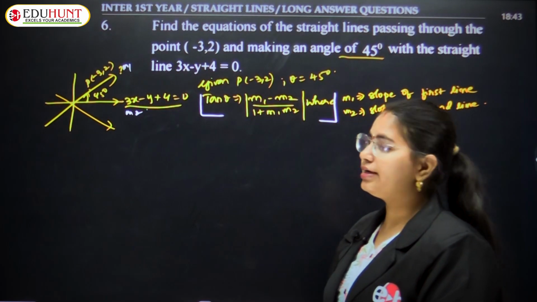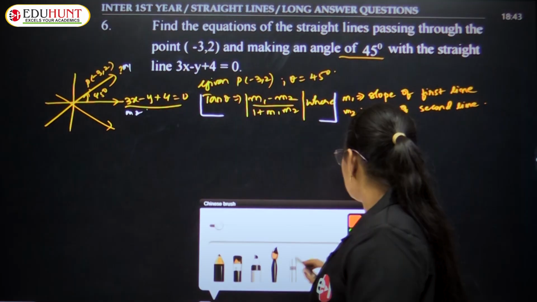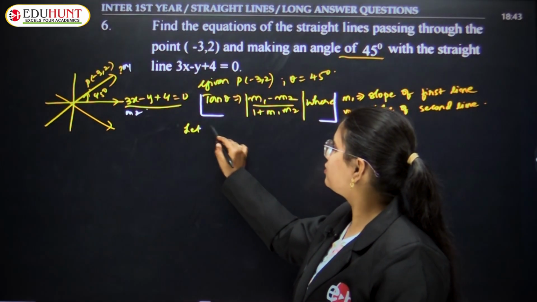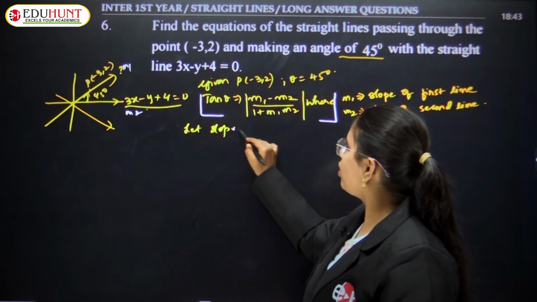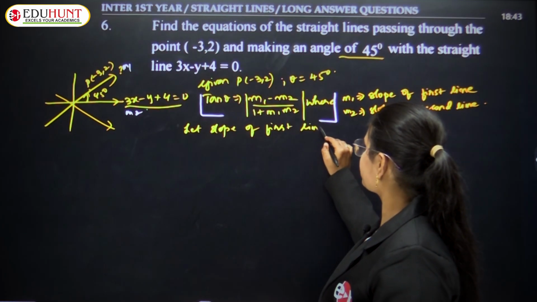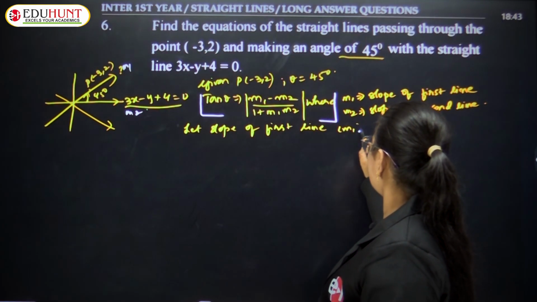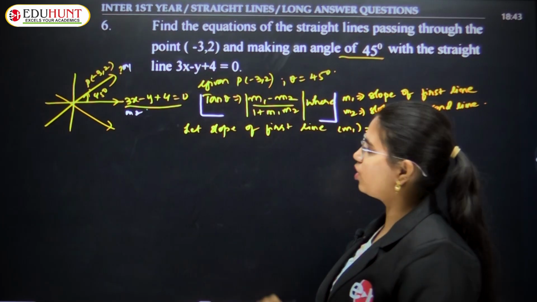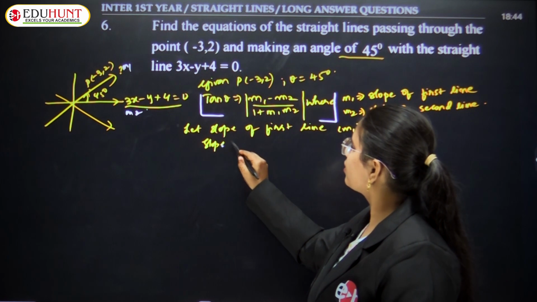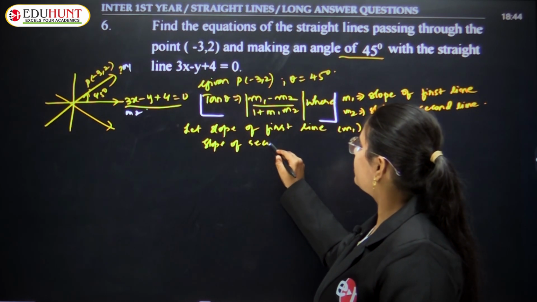Let the slope of the first line, m1, be equal to m, and the slope of the second line